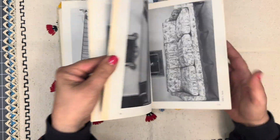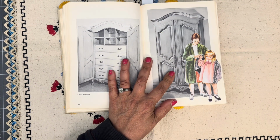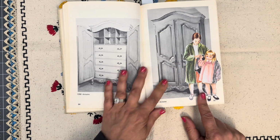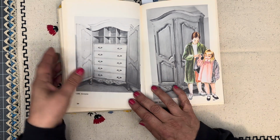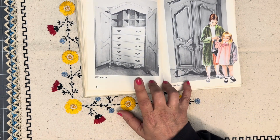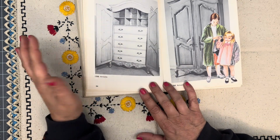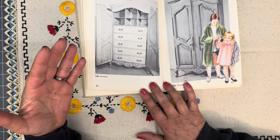Oh my goodness. There we go. So I made that one. And this is from an Eloise Wilkins book. And this is just an armoire. I couldn't decide which one to use, but I did decide because the images were bigger. And so it morphed these a little bit. But when I do my chroma collage, I am not worried about